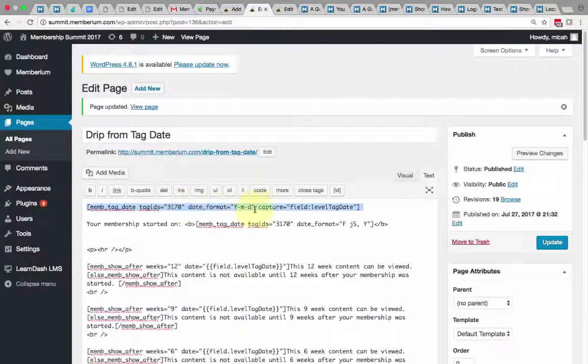So you can see again, this is the one being captured because I'm using the capture attribute, and then I'm defining when I capture it, what field do I want it to go into. So I just made up a field name here. So I'm saying capture whatever is returned from this shortcode into a field called level tag date. I happen to be also displaying the same information on the page here, but this field that I'm capturing,